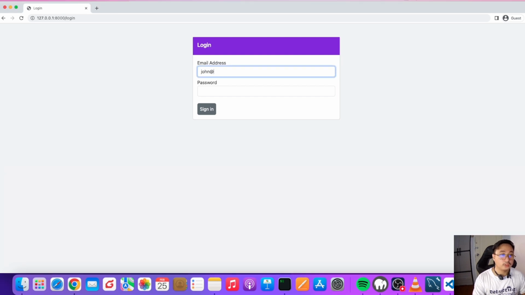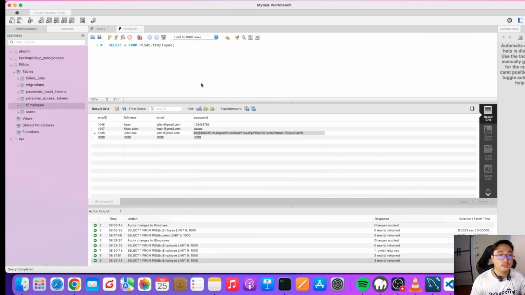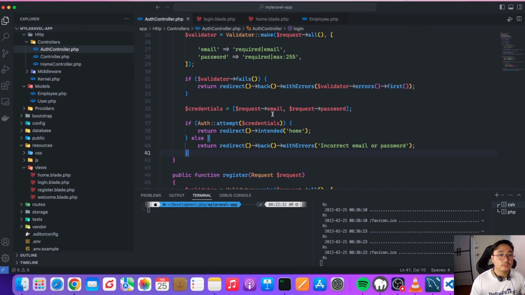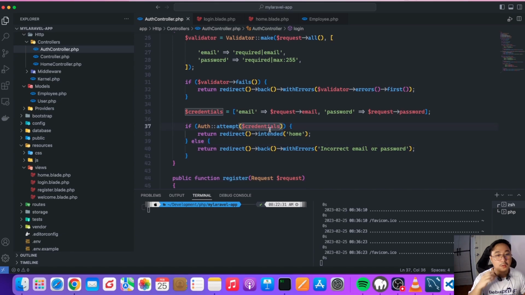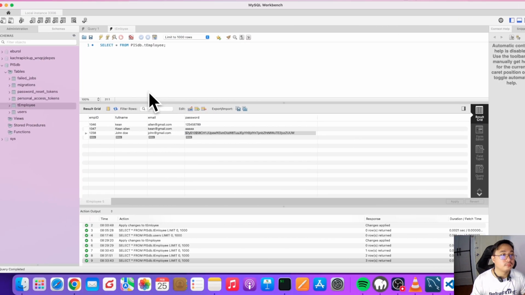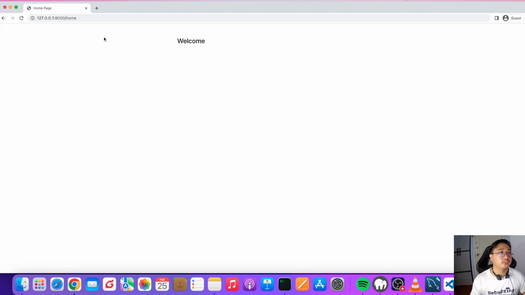So let's try. john@gmail.com. Login. So we have an error. Column not found, column 0 in where clause. Okay. So let's modify our credentials. Let's assign each, so email. Let's try this one. Password. So as you can see, we are already redirected to our